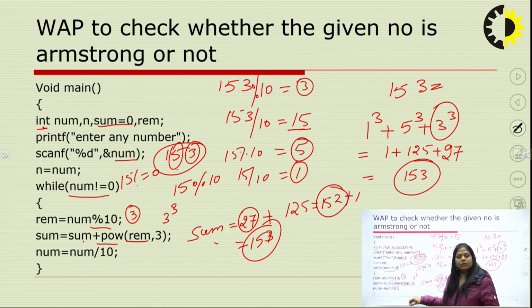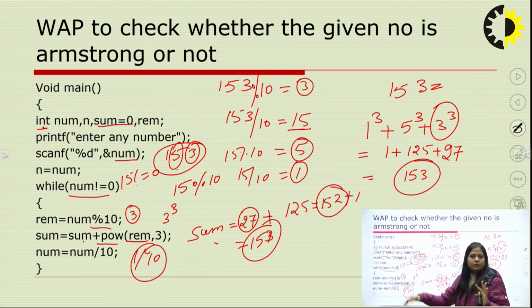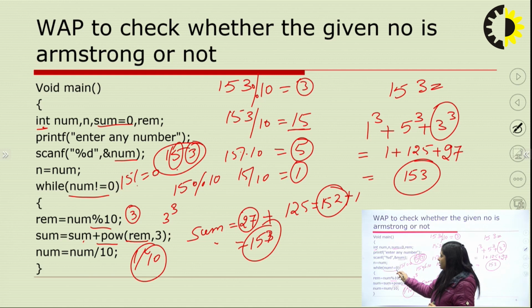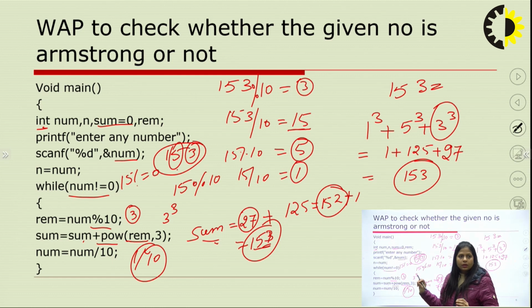Right? Num equals to num divided by 10. 1 divided by 10. Right? Now we have 1 divided by 10, so it will return us a 0. We cannot divide 1 by 10 while we are working on integers. Right? So it will check num not equals to 0. It is 0, so it will exit. What is the value of sum? This one, 153. What is the value of num? Num is 0. That's why